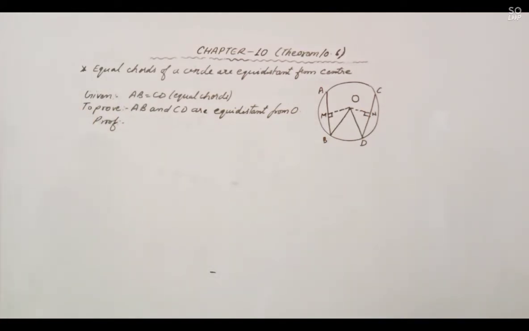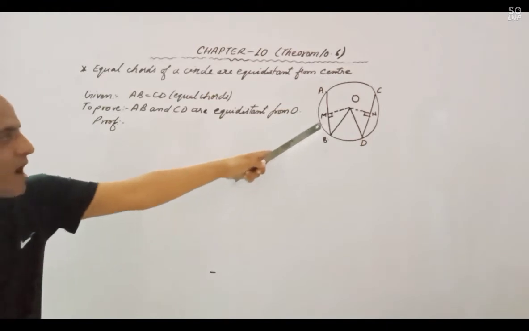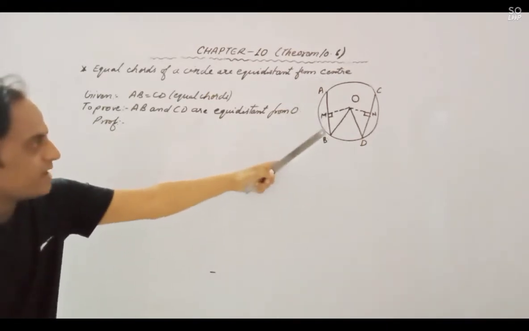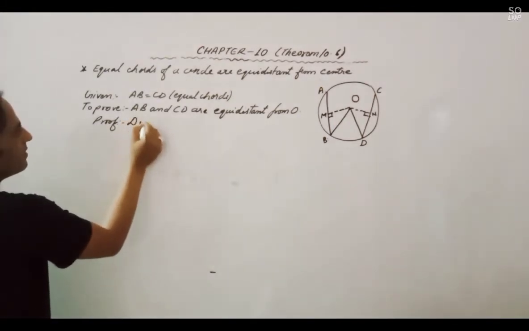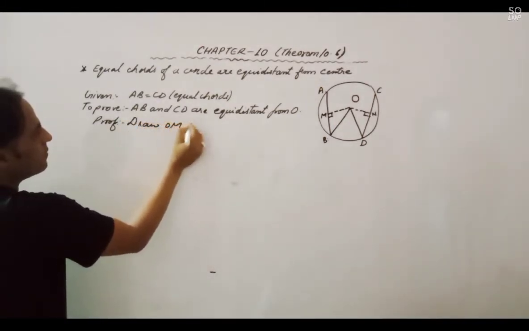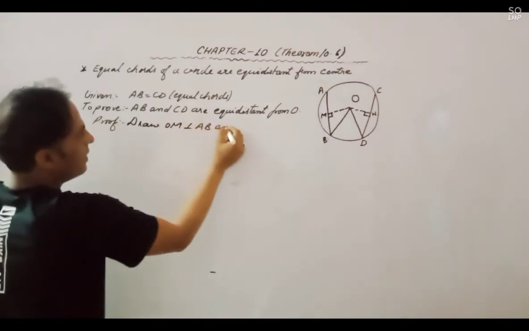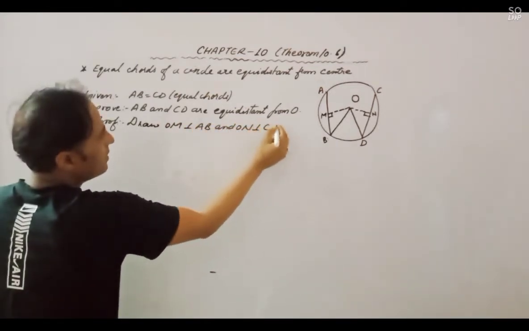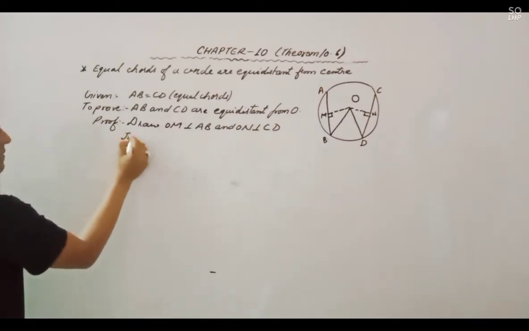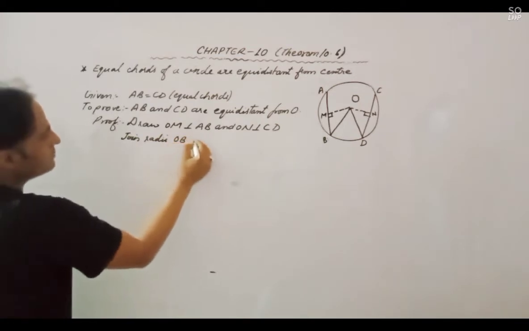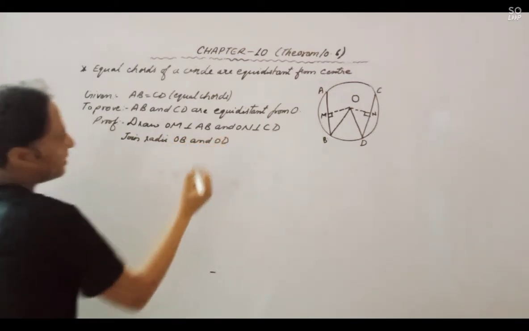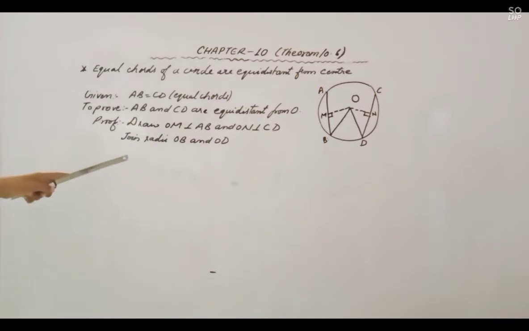Alright, after that, from this you will find that after drawing the perpendicular, this distance BM is half of AB. So first you write there: draw OM perpendicular to AB and ON perpendicular to CD. Then after that, join the radii OB and OD. So these are the two lines that you write in the beginning, and then begin the framing in that particular figure.